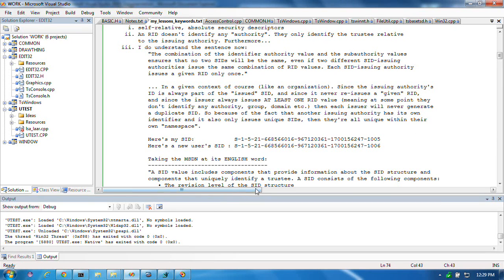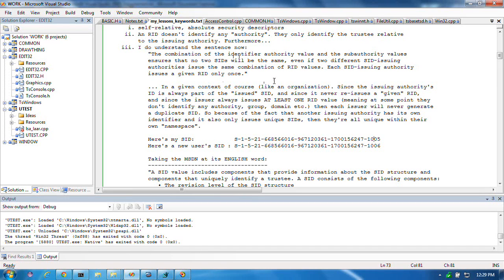So those are all unique, but also within the set of SIDs issued by 5, those are also unique because it will only issue at most once any given relative identifier. So you'll never see another 1005. In fact, you could, and I've done that before. There's a place in the registry where it stores the next number, and you can modify that. But anyway,